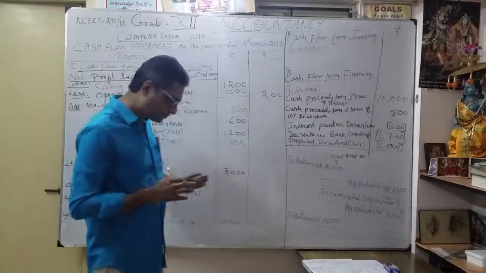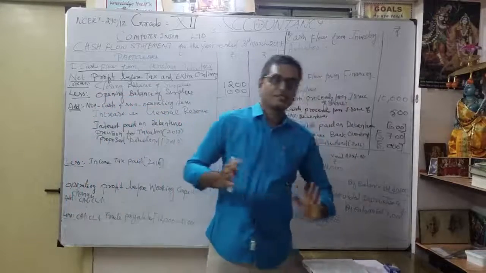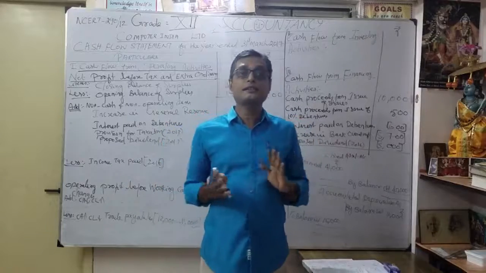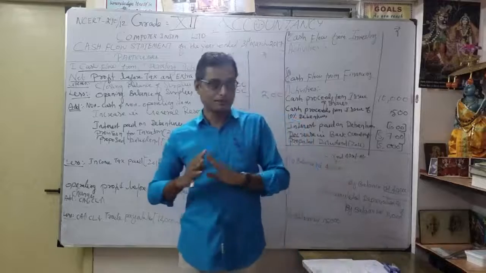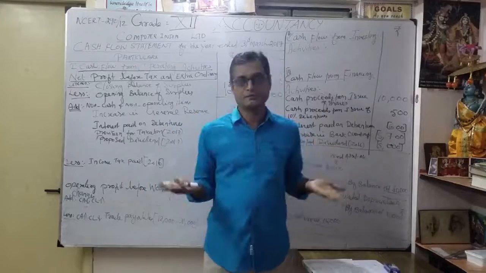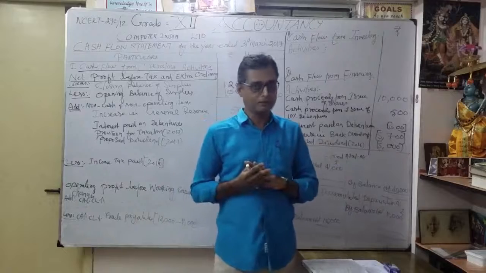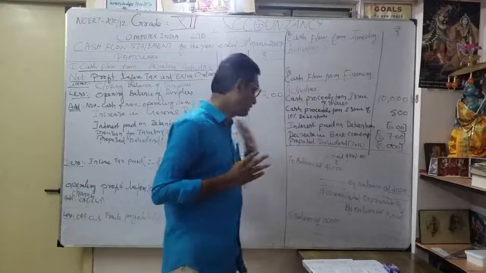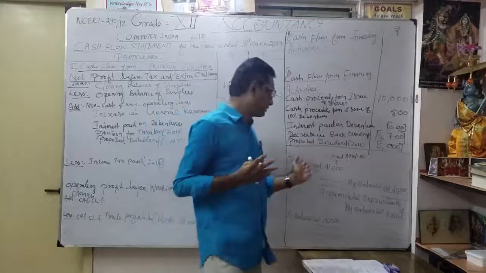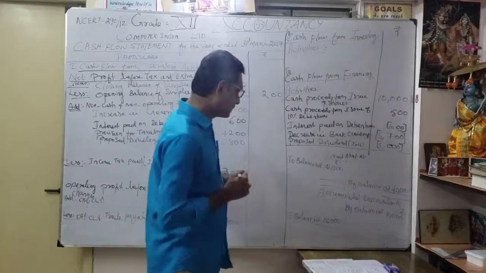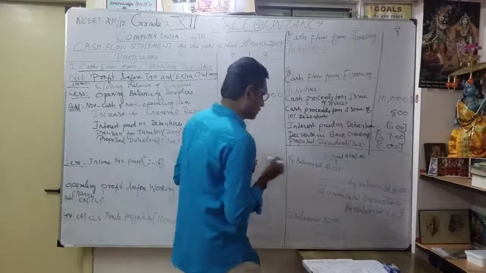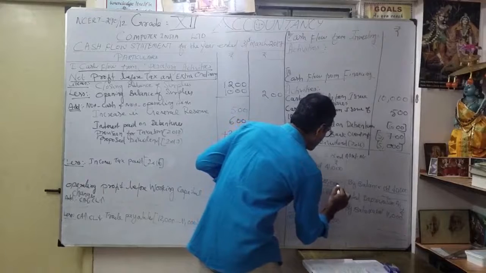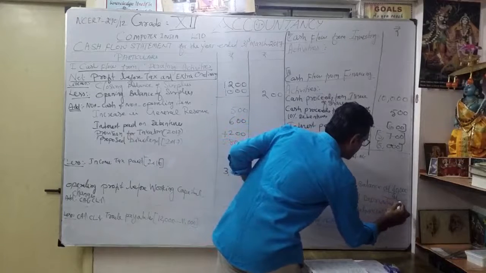See here, according to this problem, they just gave the fixed asset account opening balance and closing balance. Then similarly, the accumulated depreciation account opening balance and closing balance. Apart from that, they did not give anything beyond this additional information. Now, after preparation of this account, you will see what will happen. There is no purchase like that. So how are we going to write? Nothing is there, so you just want to close it. 41,000. Here also I put 41,000.